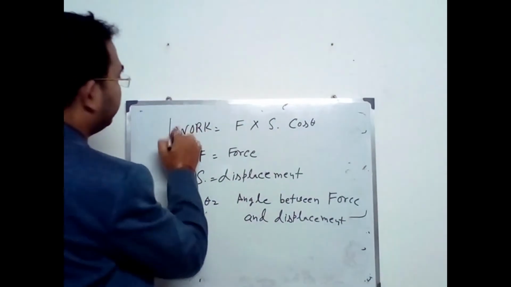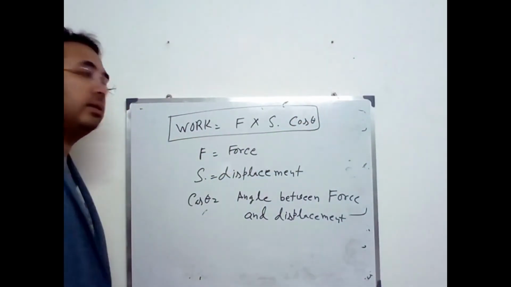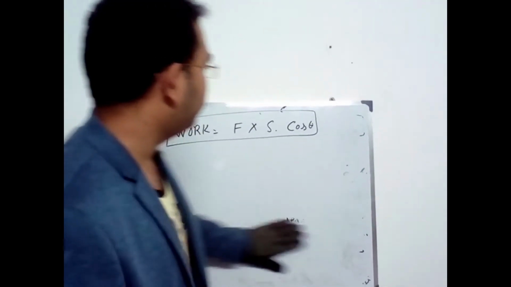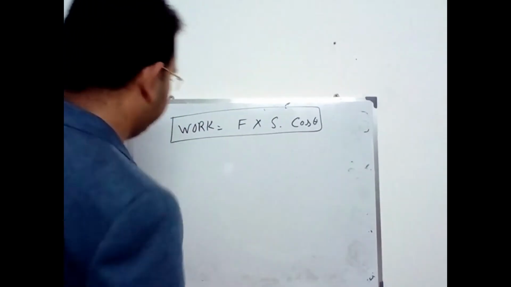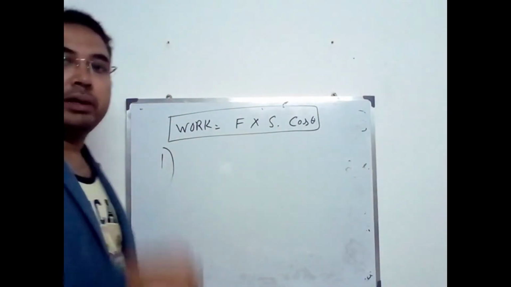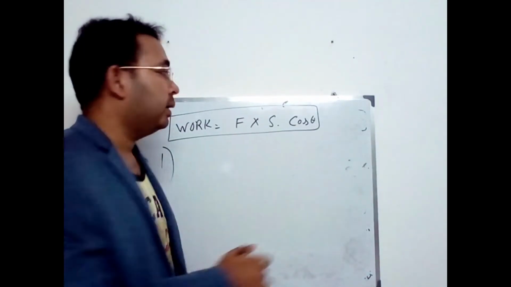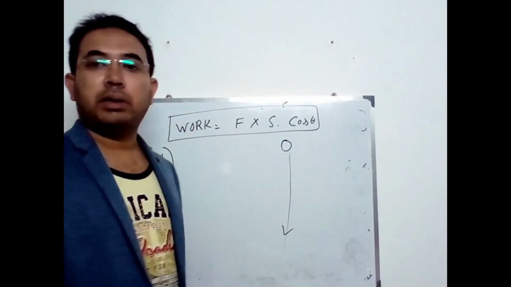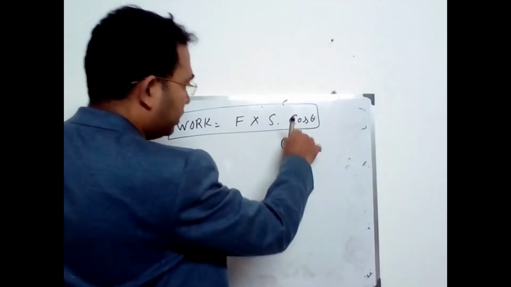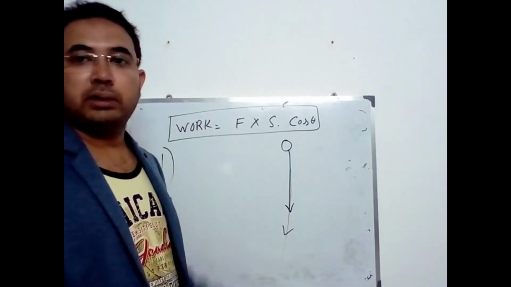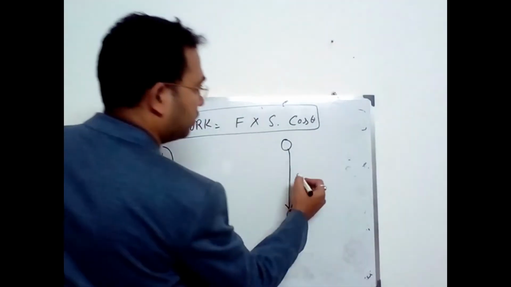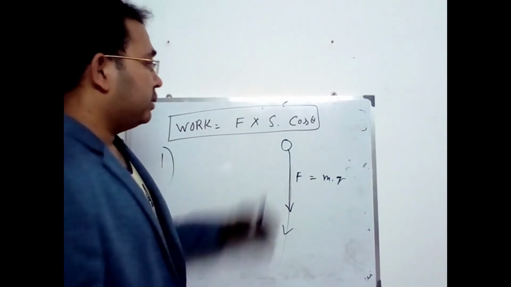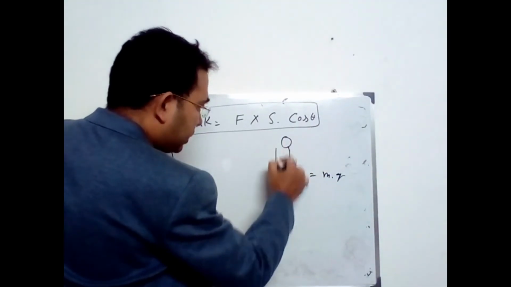Okay, so this is the final formula of work done of a body. Okay, তো এবার দেখি কয়েকটা কেস। নাম্বার 1, ইন কেস অফ এ ফ্রি ফলিং বডি, একটা বডিকে যখন উপর থেকে নিচে ছেড়ে দিচ্ছি। ওকে, তো এটার ক্ষেত্রে ফোর্স কোন দিকে? টুয়ার্ডস দ্য সেন্টার অফ গ্র্যাভিটি, সেন্টার অফ দ্য আর্থ। এদিকে হচ্ছে ফোর্স which is F equals to m into g, আর ডিসপ্লেসমেন্ট কোথায় হচ্ছে? সেম ডিরেকশনে ডিসপ্লেসমেন্ট।